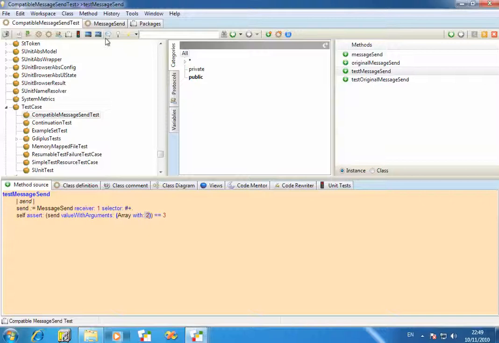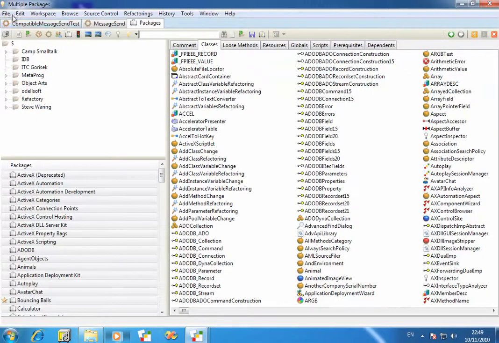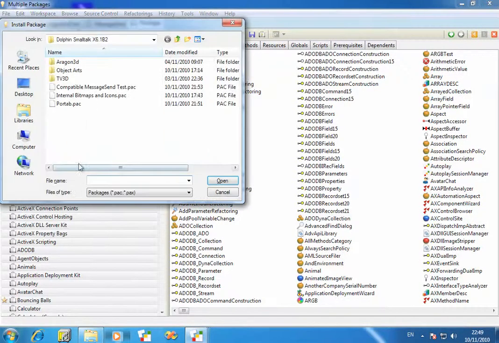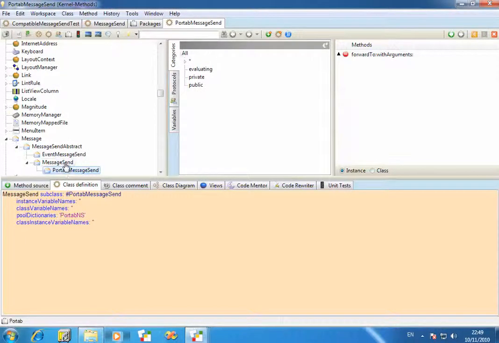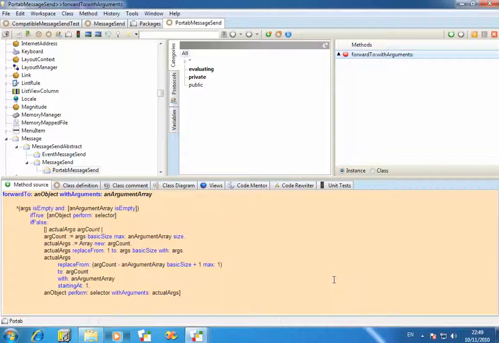So what I've done is I've created a new package called Portab, which stands in this particular case for portability, and in there I've implemented a new message send class and called it PortabMessageSend, and it's descended from the existing message send. This overrides forward to with arguments to perform the behaviour that is compatible with the other Smalltalks. I won't go into the exact details of this, but